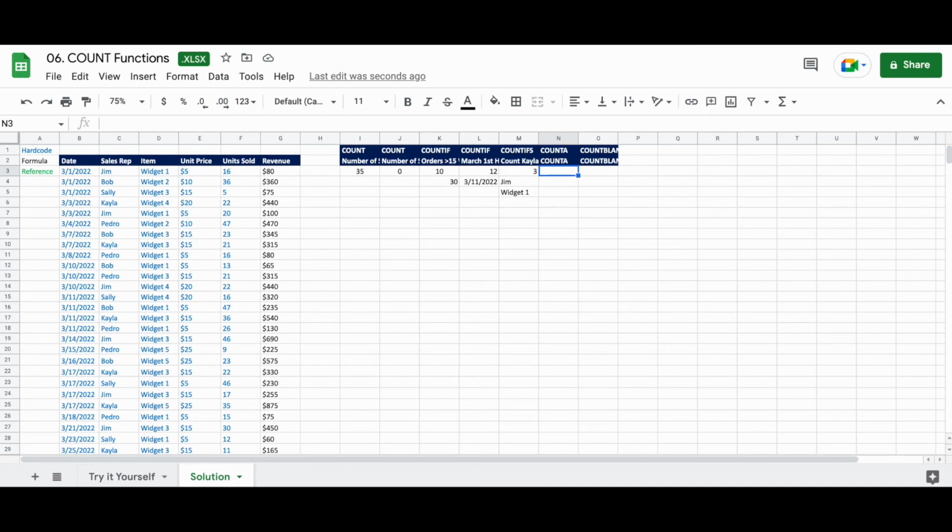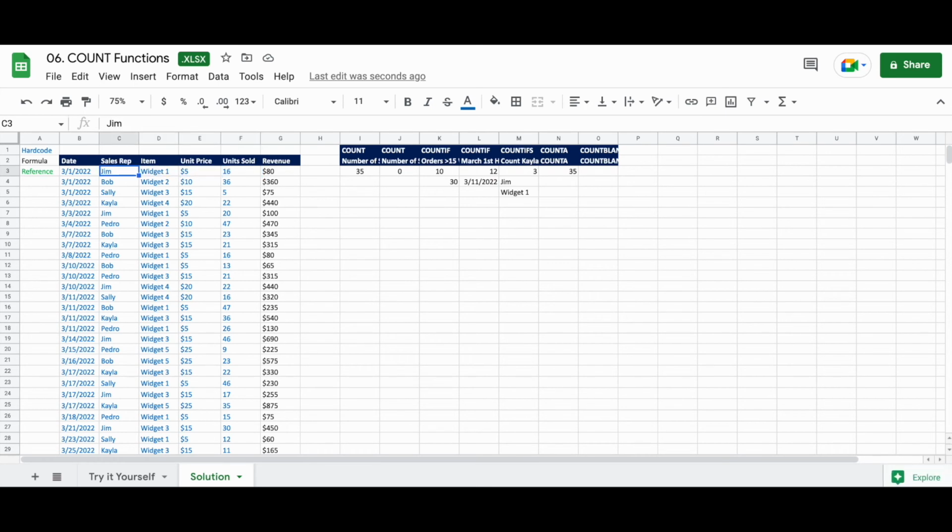Next, we're going to look at the COUNTA function. COUNTA, or count all, is similar to COUNT, with the notable exception being that it counts all cells regardless of whether or not they are numeric. So let's go over to cell N3 and do equals COUNTA, C3 through C37. And we see that the number 35 populates, which means that there are 35 cells in this range.